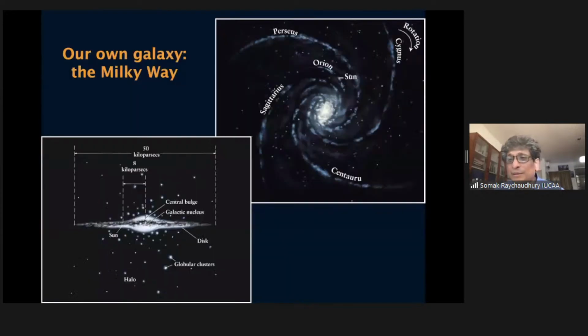This cannot be a real image because this is a picture of our own galaxy. We are inside it, so we can't go out of the galaxy and take a picture. So these are artists' impressions. You can see that this is a galaxy that is